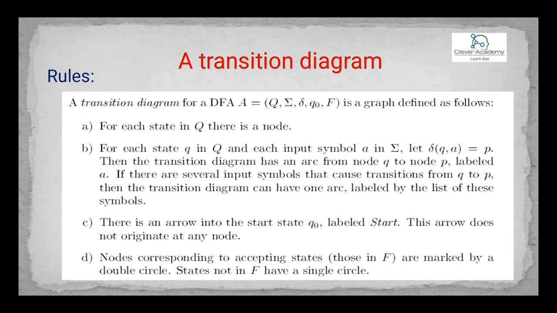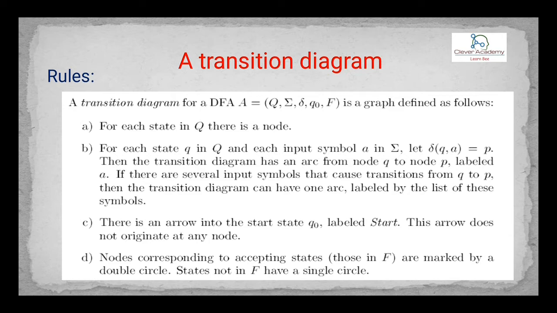And coming to the third one, there is an arc into the start state Q0. Familiarly, each and every transition diagram can be represented with the initial state Q0. Q0 తో మనం స్టార్ట్ చేస్తాం. దాన్ని it has to be labeled as a start. అంటే Q0 అని పెట్టిన తర్వాత you need to give an arrow mark, and there you need to write it as start. It indicates the origination, meaning there are no other states before it. అంటే ఇక్కడ నుంచే మనకి ట్రాన్సిషన్ డయాగ్రామ్ స్టార్ట్ అయింది అనేది ఒక క్లియర్ ఇండికేషన్.